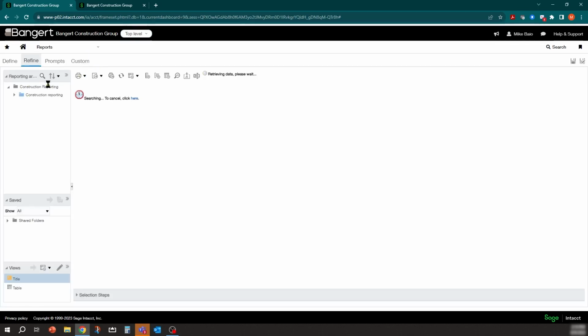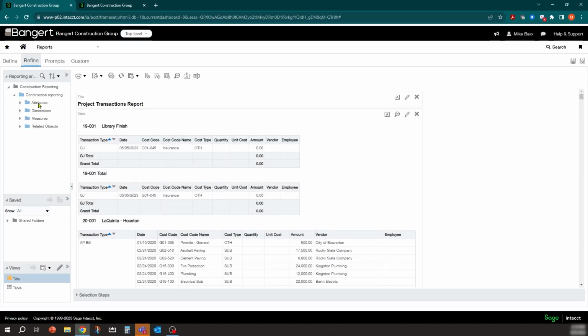So there's that construction reporting folder, that new folder. And inside here, I can expand this. And now all those fields that we saw on the top in the other report, in the custom reports, is right here. So I can make this bigger if I want to, and basically open that up here. Not cooperating with me.